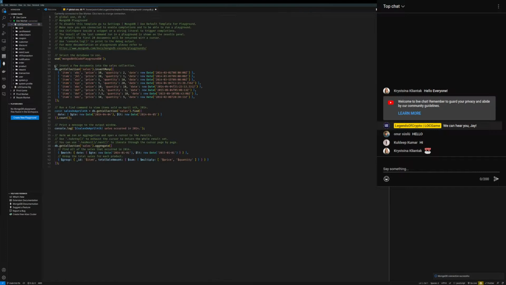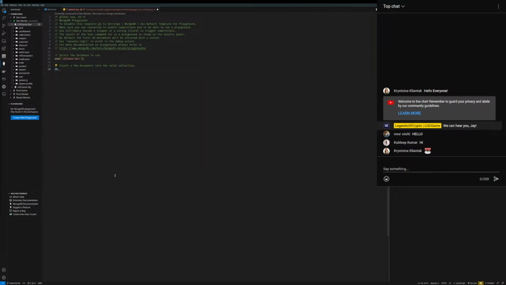So it gives you a sample here, but we'll switch this out. We'll say LOCGame dev, and then need all that. So let's do database dot. What can I show you here? If we did